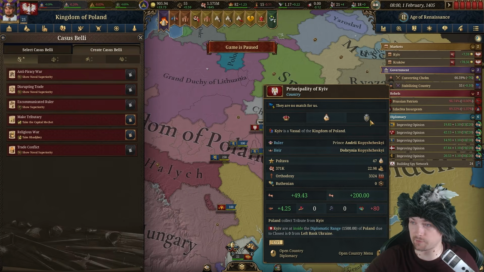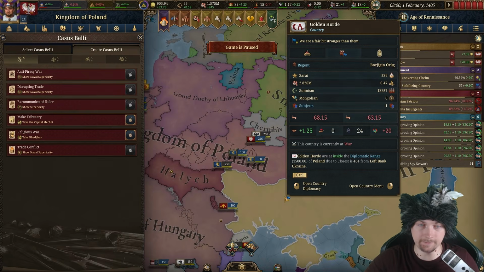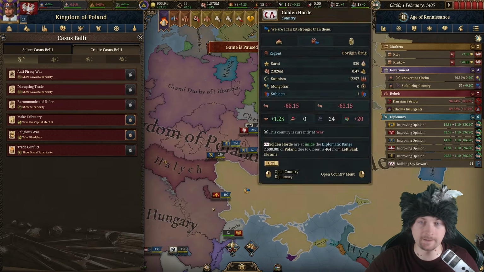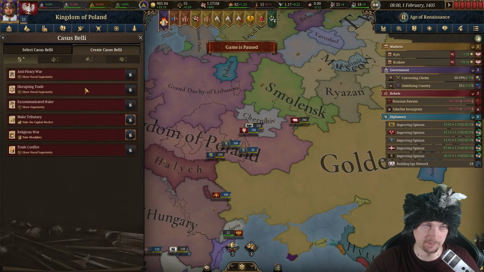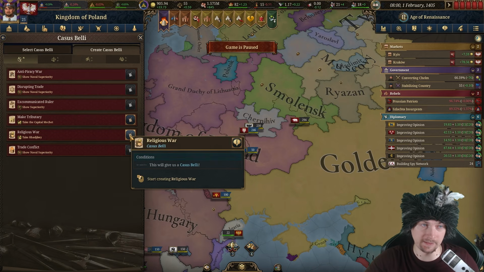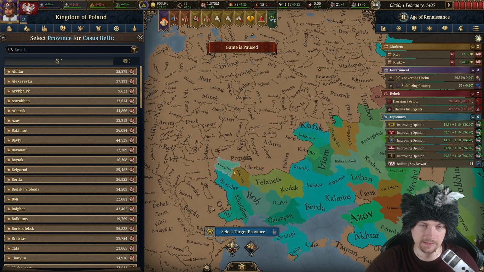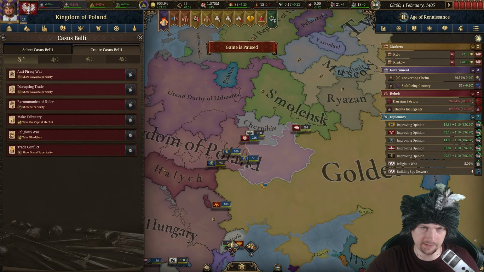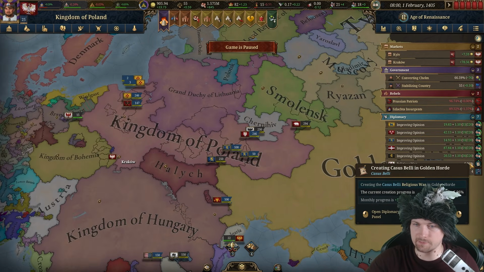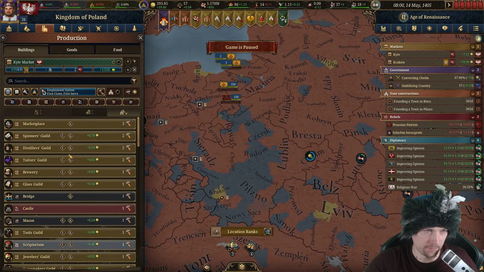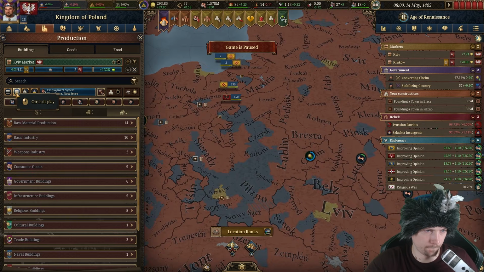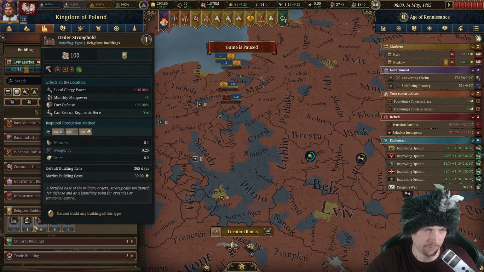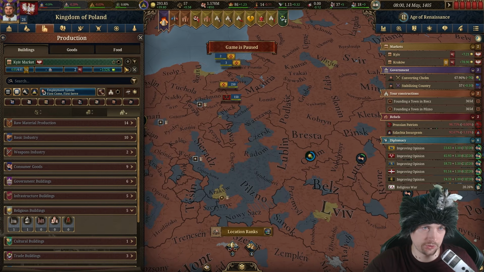Not good. You remember, to create a casus belli, you need a spy network. Then click the casus belli that is available once you have a spy network, like making Golden Horde a religious war casus belli. In this case, I have to choose the target. And now the casus belli is going to take a bit of time to be actually created. Now I have to follow up this new towns, obviously with churches,